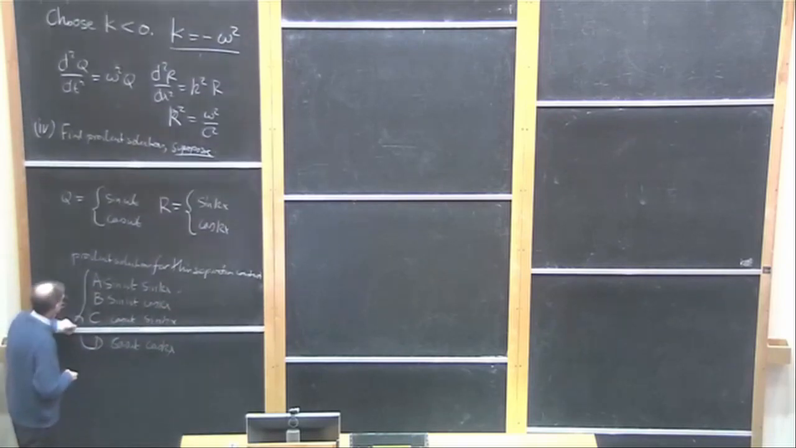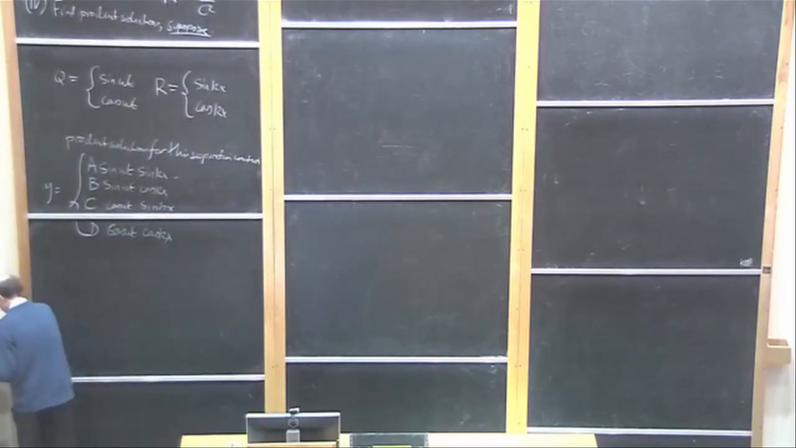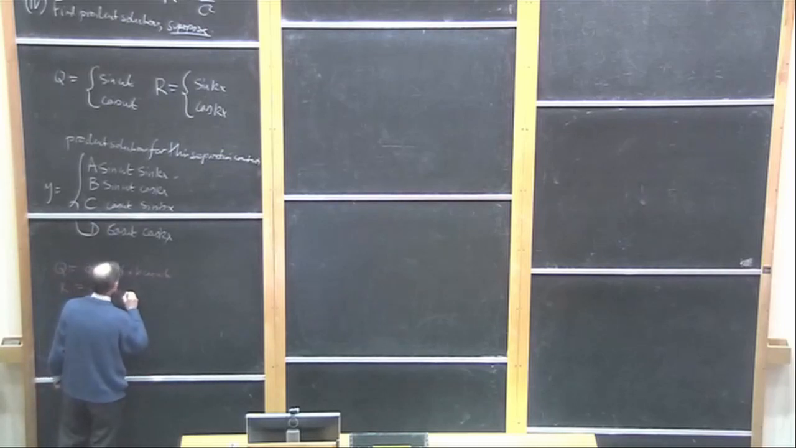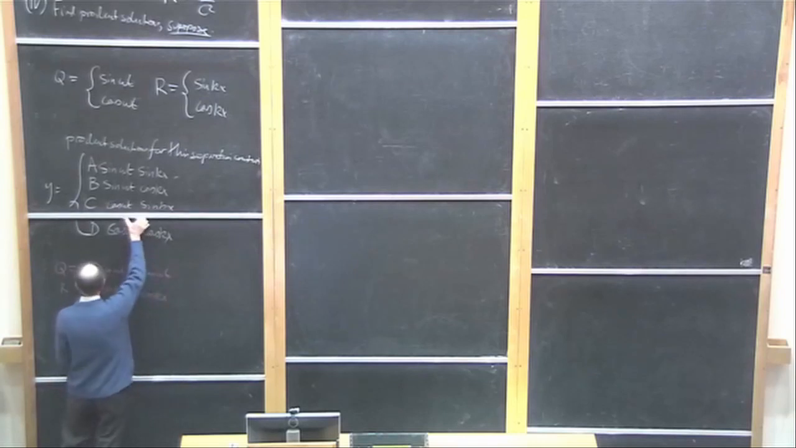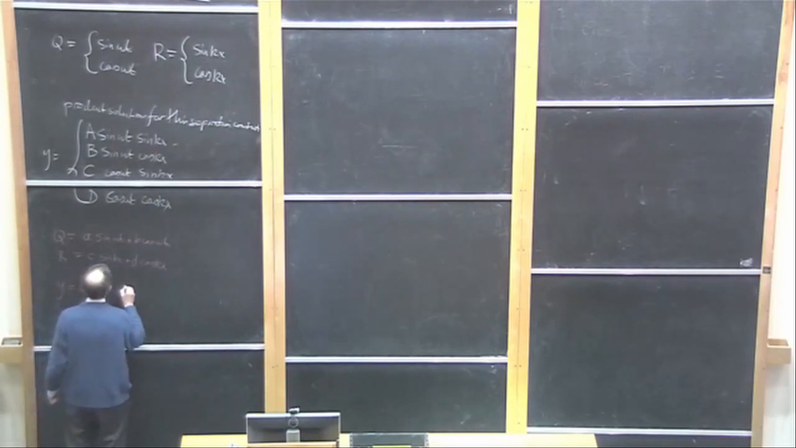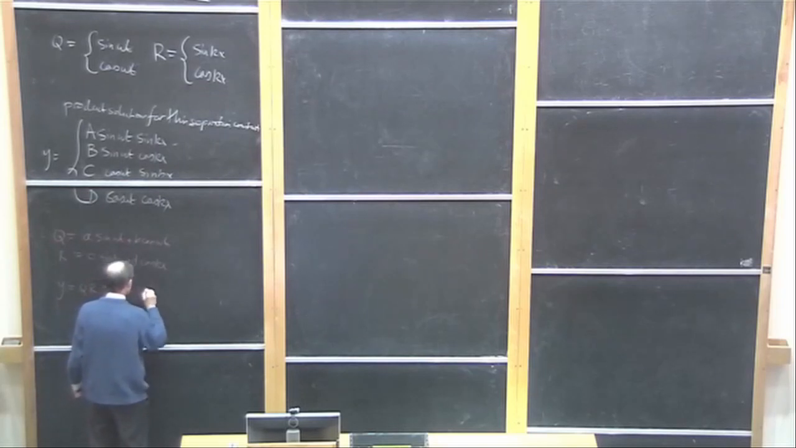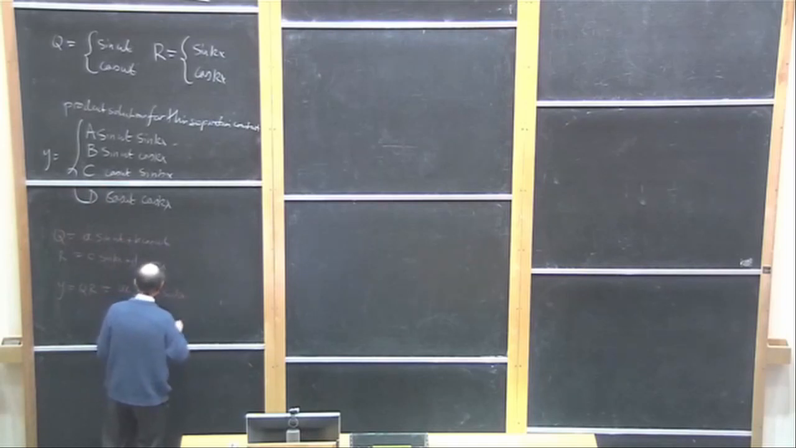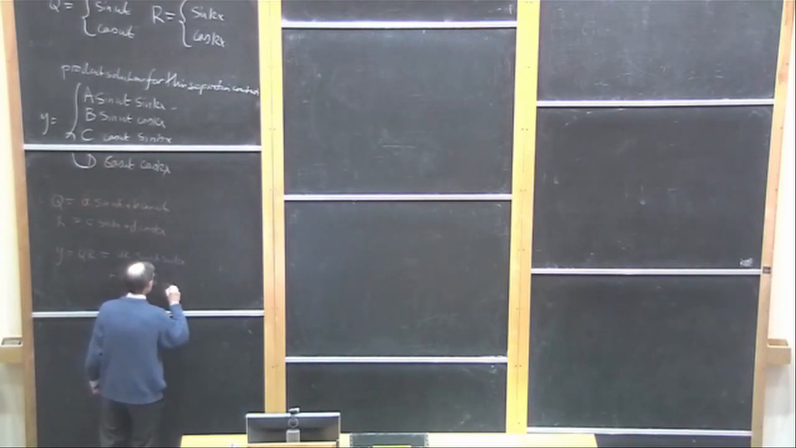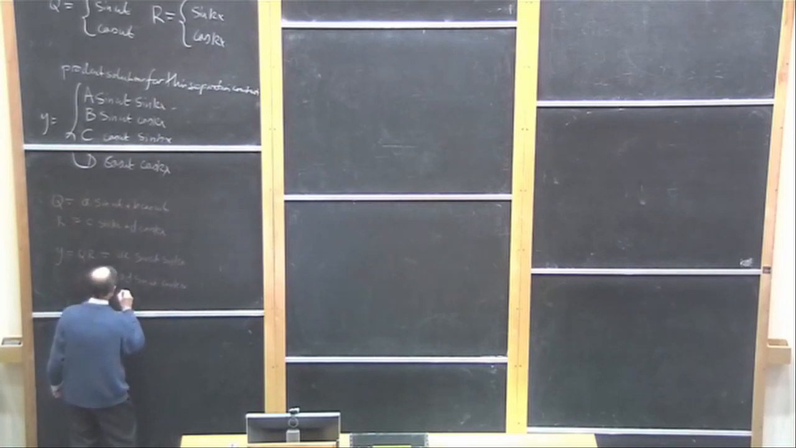What would go wrong if you did it the other way around? Suppose you wrote down, and I'll do this in red because it's wrong, Q is A sine omega t plus B cos omega t, and you wrote down R equals C sine kx plus D cos kx, and then you wrote down Y equals QR equals AC sine omega t sine kx plus AD sine omega t cos kx plus